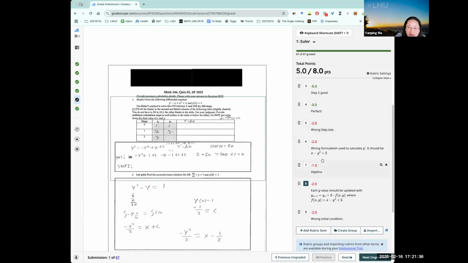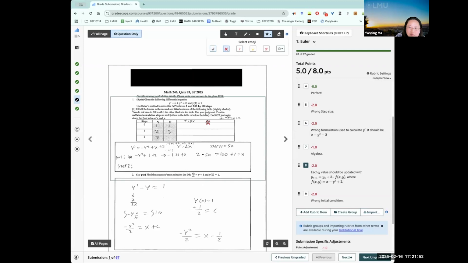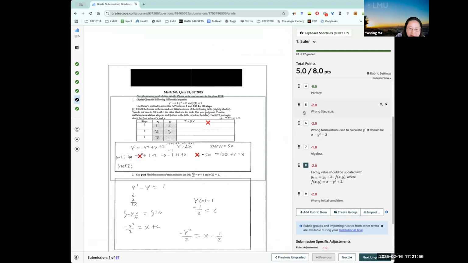Then I can choose other items to subtract points for. For example, you didn't calculate the round step size correctly, there are some algebraic mistakes, or you used the wrong formulation. And of course, it's very easy to leave marks, so you can point out where those issues are.